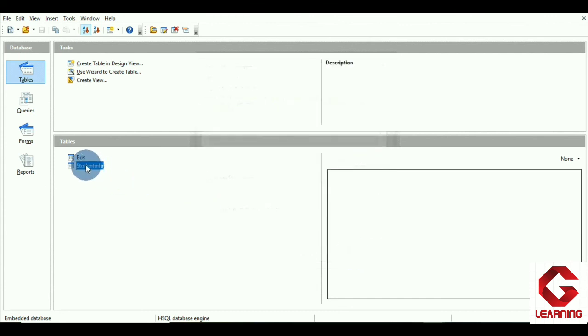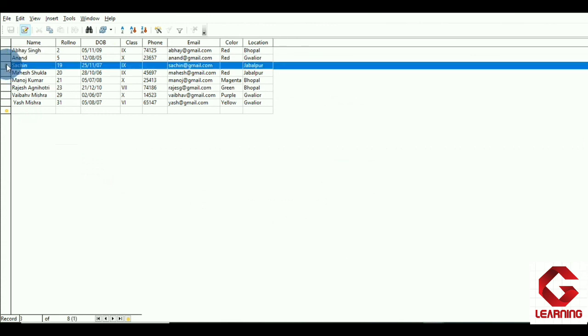Clicking twice on the student info table, here going to refresh it, and now you can see that in the third row I'm getting the details of Sachin, and as I did not mention the phone number and color, that's why these two cells are vacant here. So in this way, when we don't know the values of all the fields that are there in the table, and if we want to do entry of the record, this is the procedure to do entry in the table.